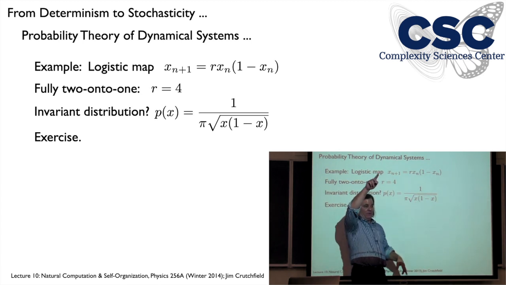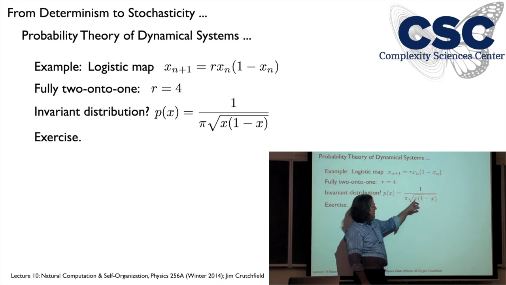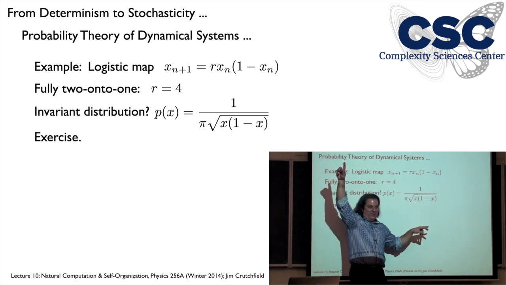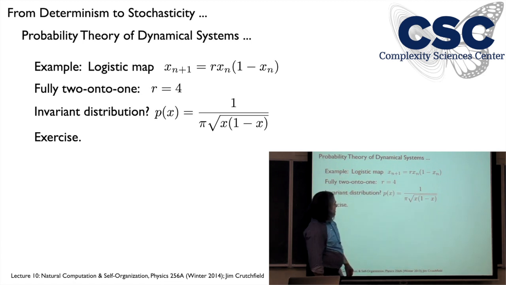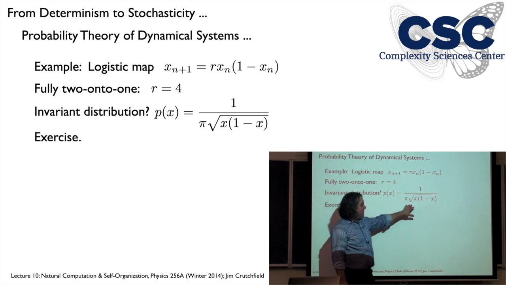We saw that before. That was when r was equal to 4. We iterated down to that in just those 8 iterations. We saw those peaks. So we have these kind of square roots. So when x goes to 1 or x is 0, we have this kind of square root type divergence in the distribution. So you can see that here explicitly. If you like doing integrals, it's good to show that this is normalized. It's kind of simple, and pi shows up for bizarre reasons.